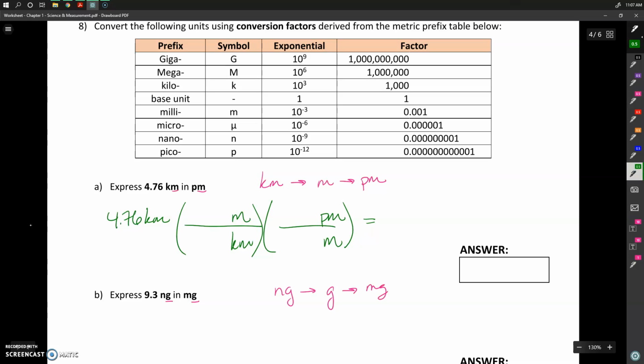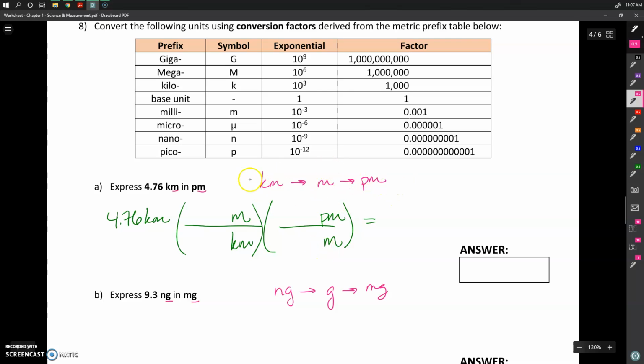Just by paying attention to what my starting unit is, what my ending unit is, and how I want to get there. And also notice that each of these arrows in my roadmap corresponds to a conversion factor that relates the two units between the arrow. So if you're having trouble recognizing how to set up conversion factors or what conversion factors you need,